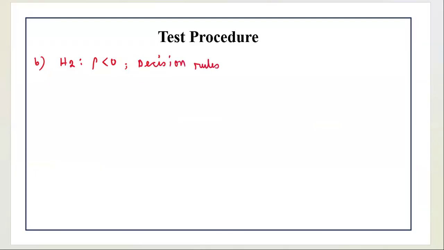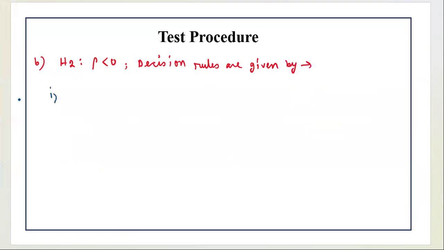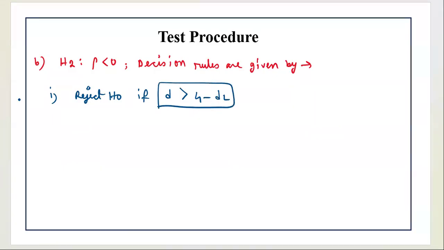Decision rules are given by: firstly, we reject H naught if the computed D value is greater than 4 minus DL, and conclude